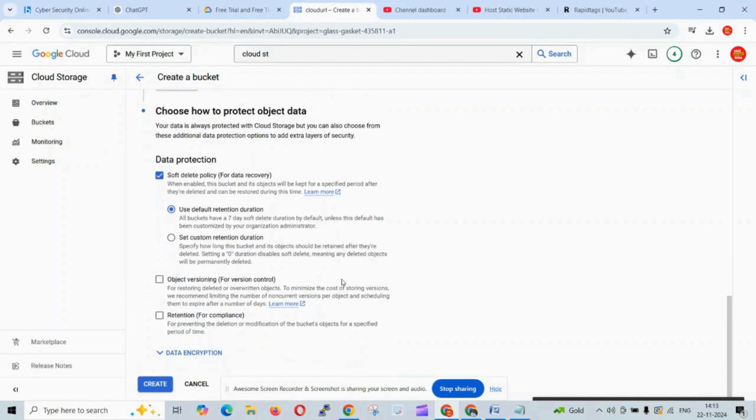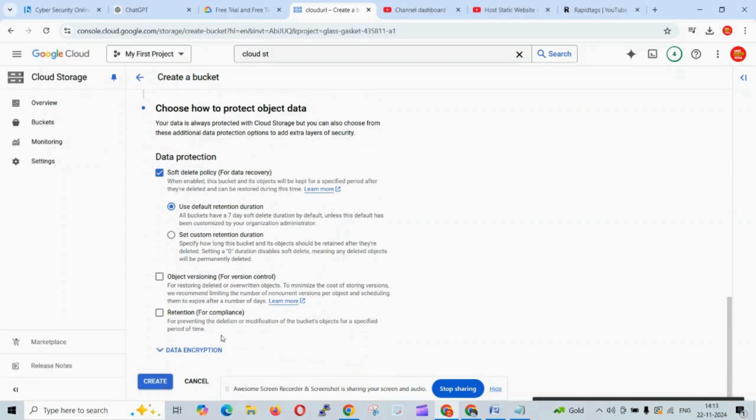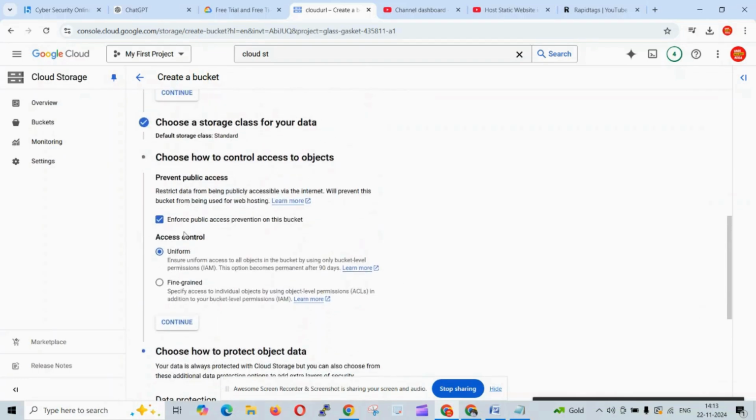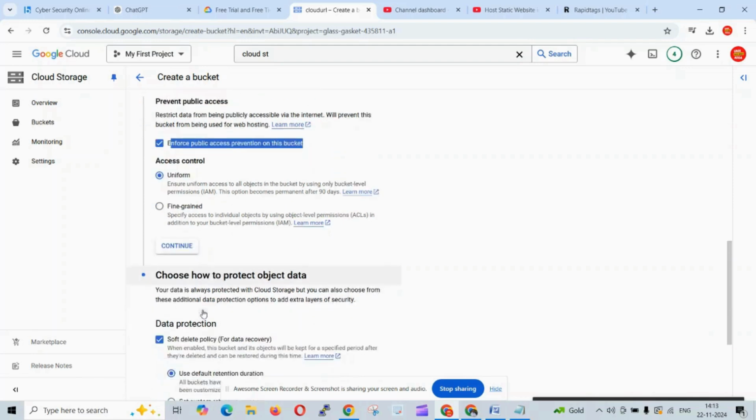So these are some of the options we need to validate. And here you can see the data control limit, which is how the public access will be enforced, where we are giving privileges to everyone. For example, fine-grained or uniform, I already explained these things. If you go with this one, it will give access to everyone, but